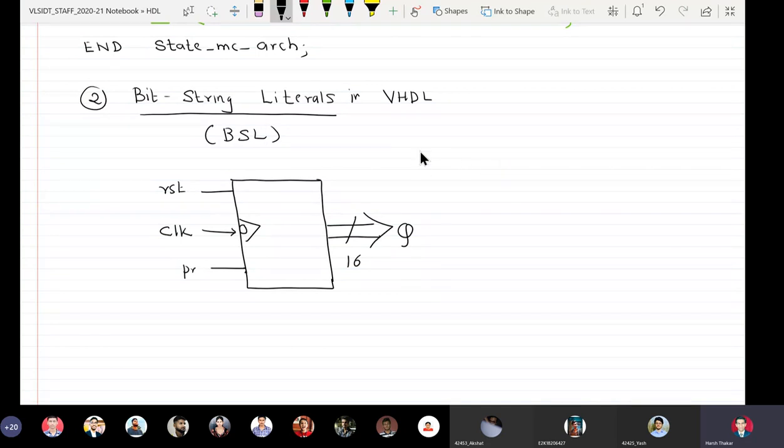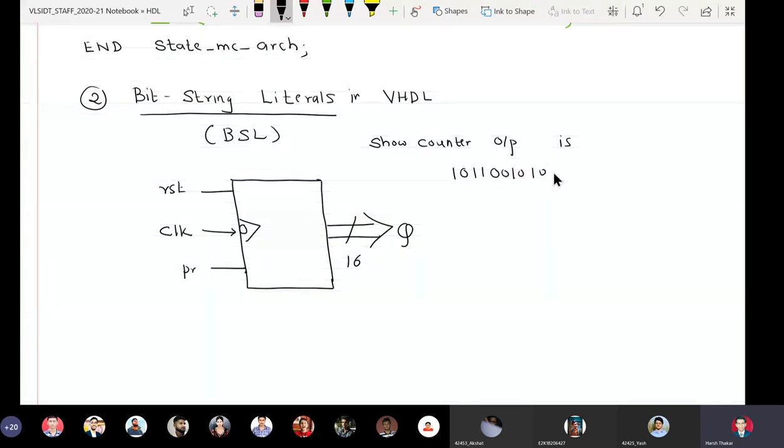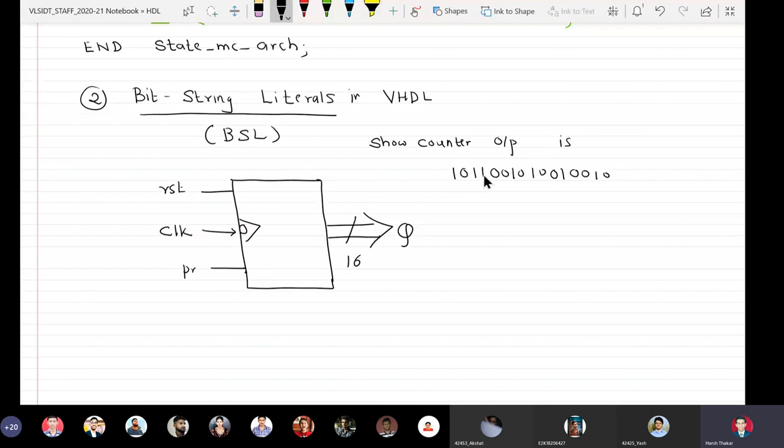Now if I want to show the counter output, how many bits are there? 1, 2, 3, 4, 5, 6, 7, 8, 9, 10, 11, 12, 13, 14, 15, 16.